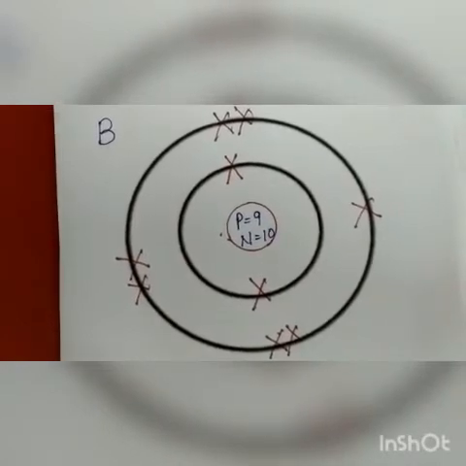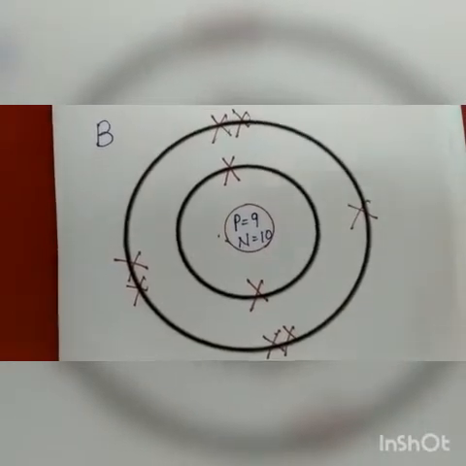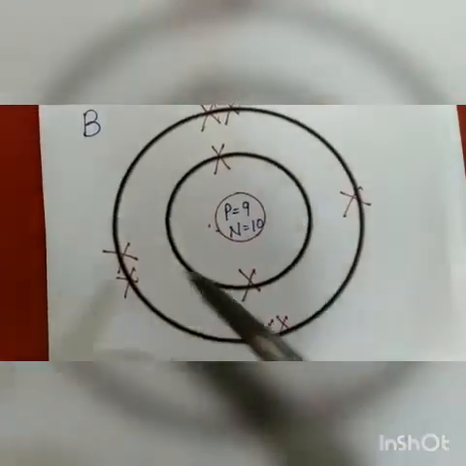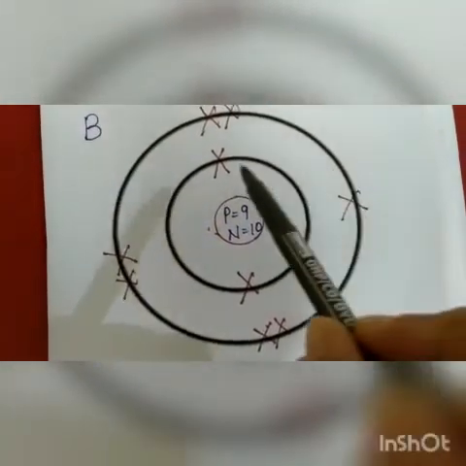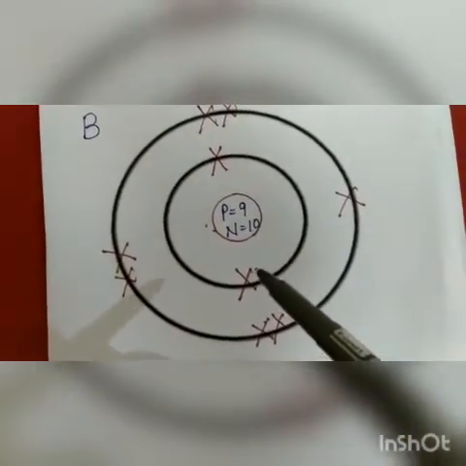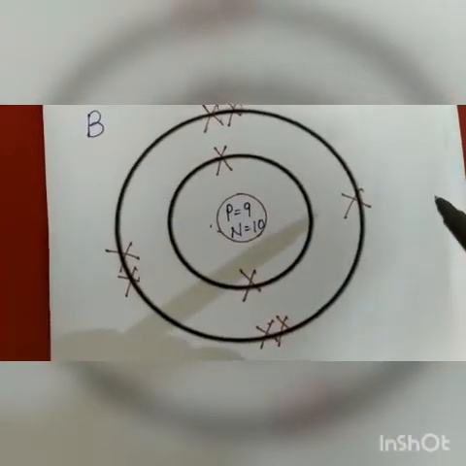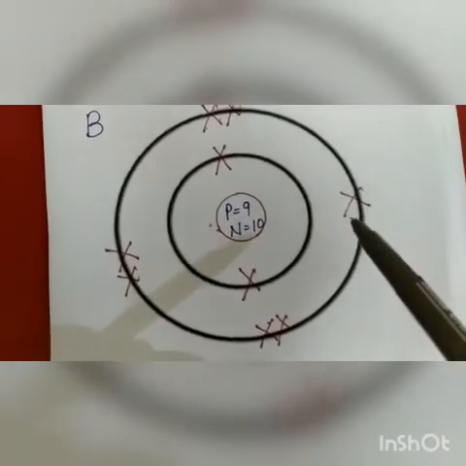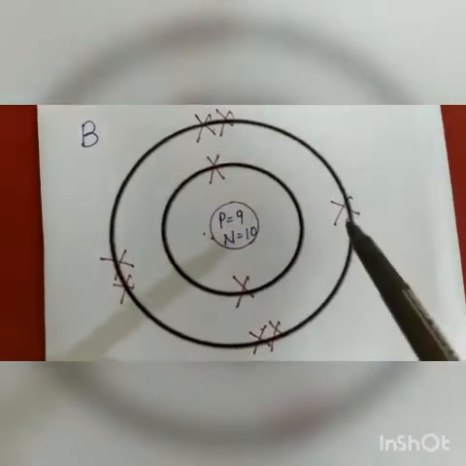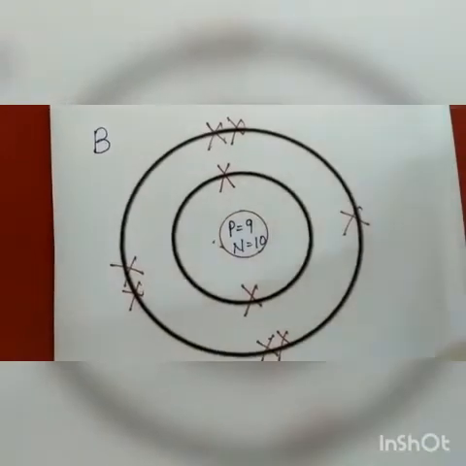Now what to do in order to stabilize the atom? There are two ways. One way is to remove, that is, if the atom loses all these 7 electrons, then the first shell will be left, and this first shell is completely filled and the atom will be stabilized. So one option is to lose all 7 electrons, or another option is to gain 1 electron. If this atom B gains 1 electron from some other atom, the outermost shell will be complete and the atom will be stabilized.